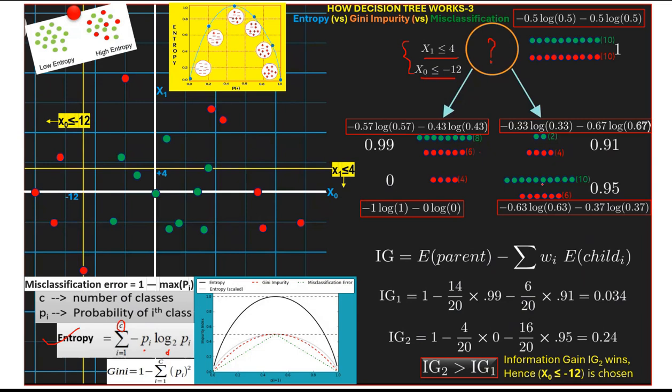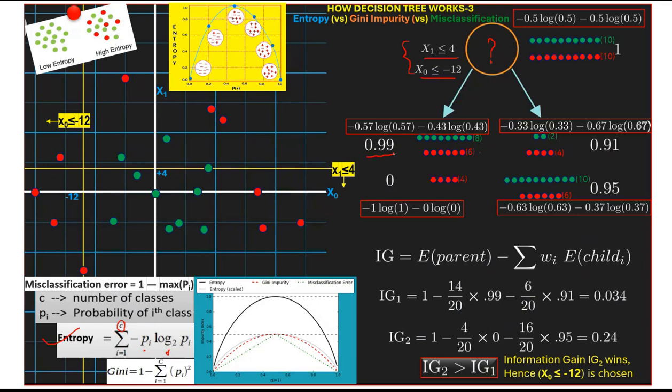All right, so now we have the data points labeled as red or green. Let's find out the entropy. What is entropy? Probability of that class times the logarithm of the probability of that class. Now, what is the probability of the green class in this data set? That is 8 divided by 8 plus 6, so 8 by 14, which is 0.57. Similarly, the probability of the red class is 6 by 14, which is 0.43. If you apply the entropy equation, this probability times the logarithm of probability, and similarly for the other, I find the entropy number is